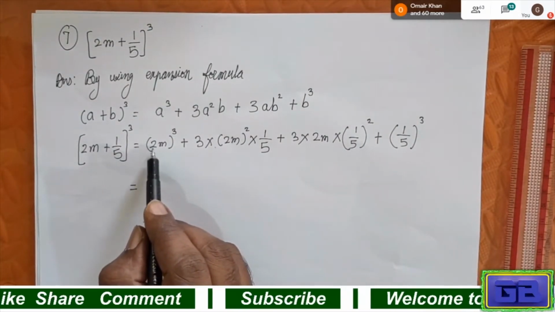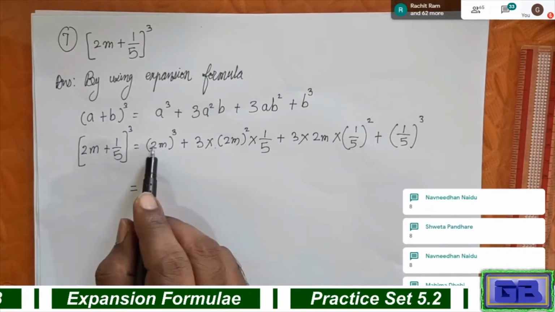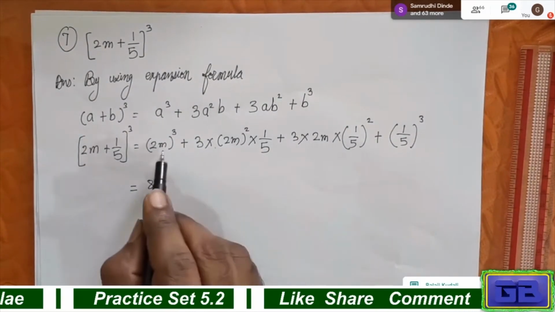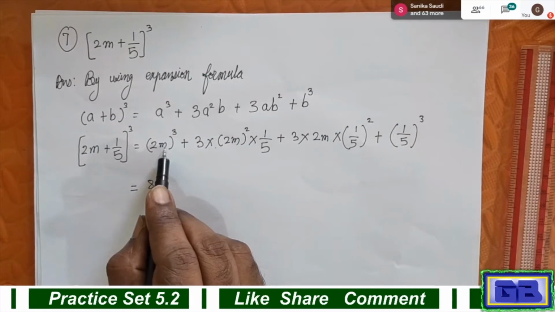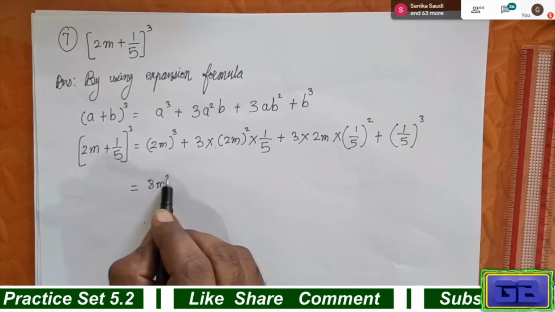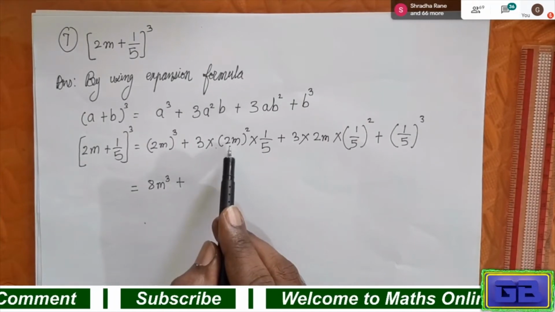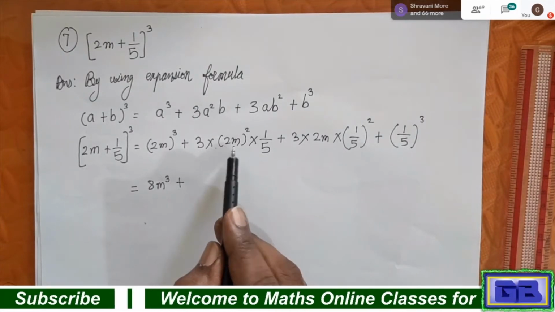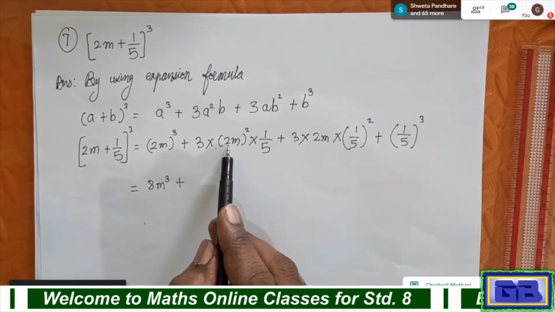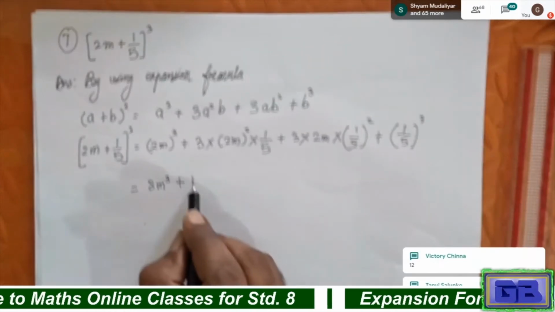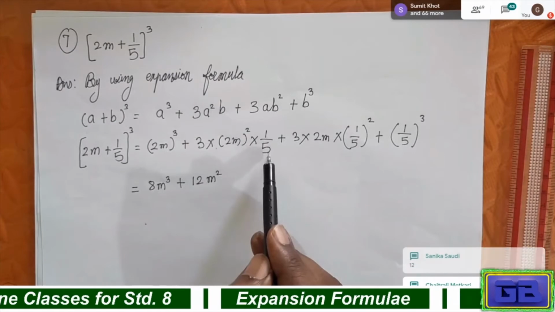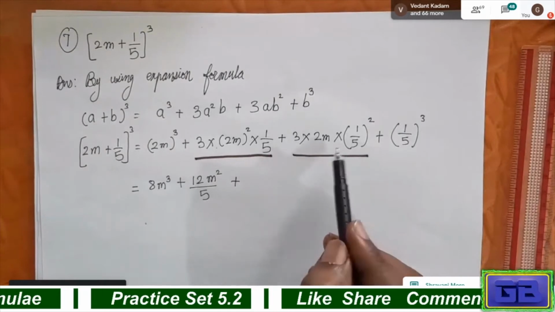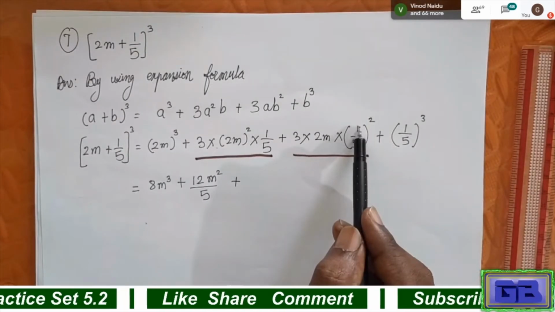Now tell me what is the cube of 2? 2 into 2 into 2. 2 twos are 4, 4 twos are 8. 8 is the correct answer. And now cube of m is m cube. And now first we have to find square of 2 as well as of m. Square of 2 is 4 and square of m is m square. Therefore 4 into 3, 4 threes are 12, m square, but here 1 by 5 we have to multiply. So upon 5 will come. So this we have solved. We will give plus sign, and now 3 sixes are 18 and square of 1 is 1.